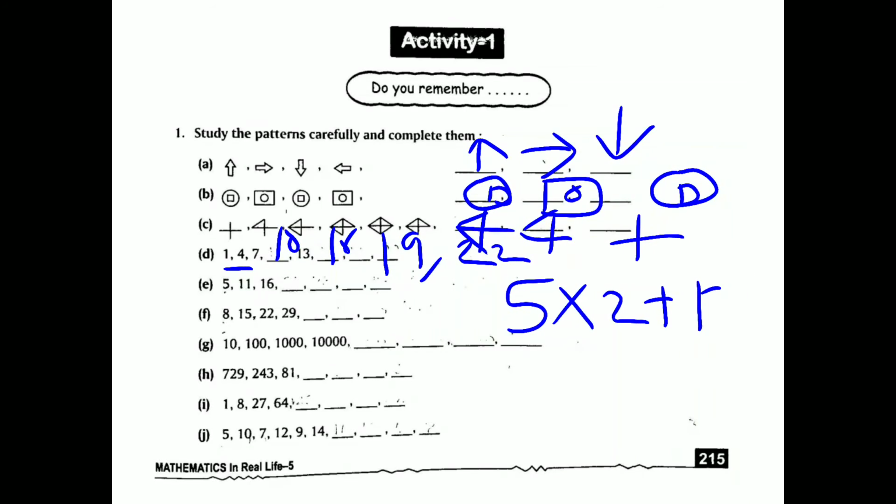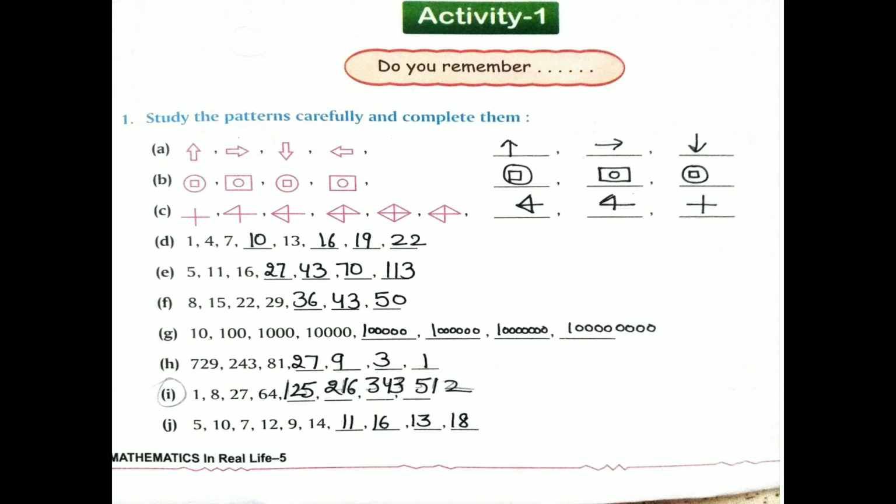And one more way you can see it. 5 and 11 there is a difference of 6. Then 11 and 16 there is a difference of 5. Now there will be a difference of 4. So how we do? See, and the next page I did. After 5, 11 is written. How is 11 written?